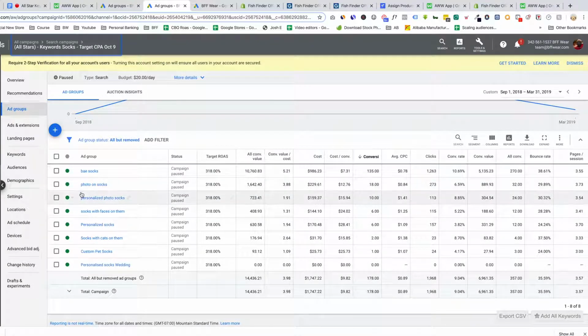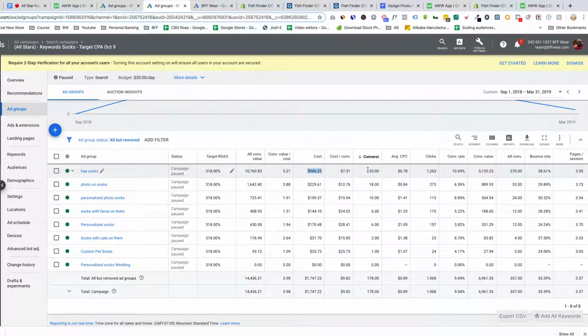So I ended up duplicating, and I have all of my ad groups right here, and I did manual CPC, and then eventually I tested with target ROAS. I tested with a bunch of different strategies. I even tried target CPA, but then target ROAS performed the best. And if I was doing that in my other campaign, that would have thrown everything off and it just wouldn't have been fun. And it turns out it was a great idea, because this weird term, Basox, ended up